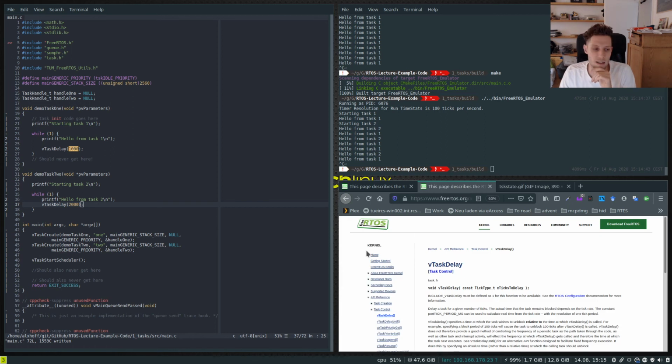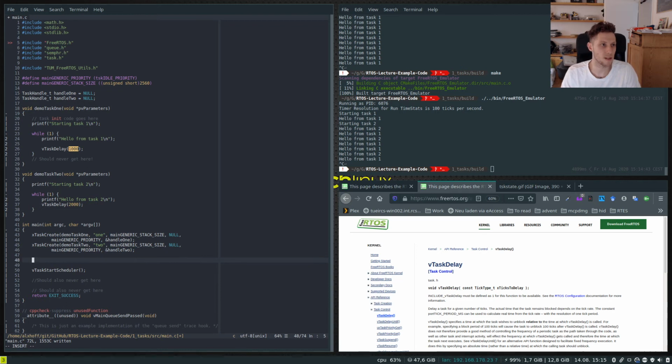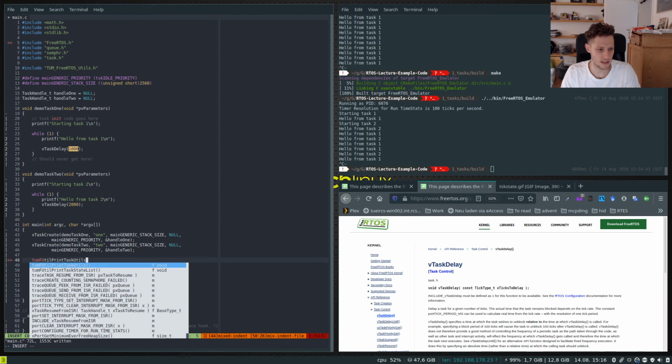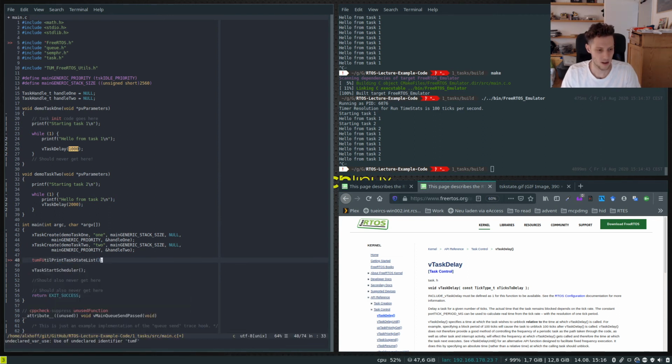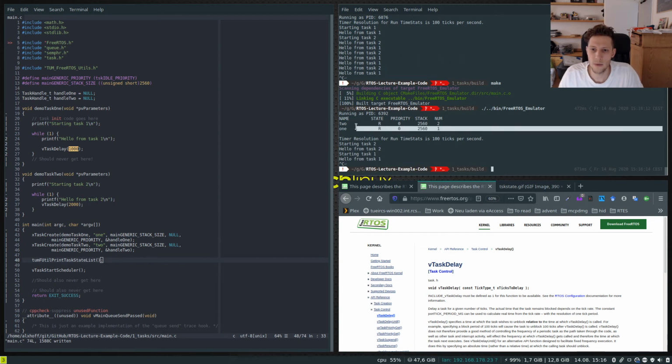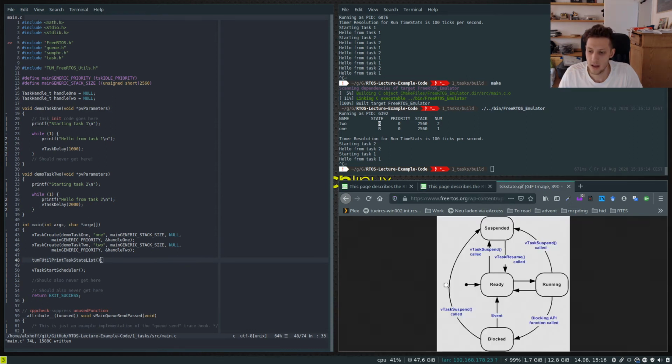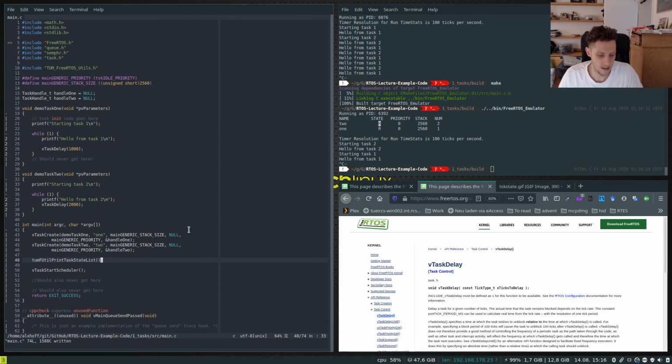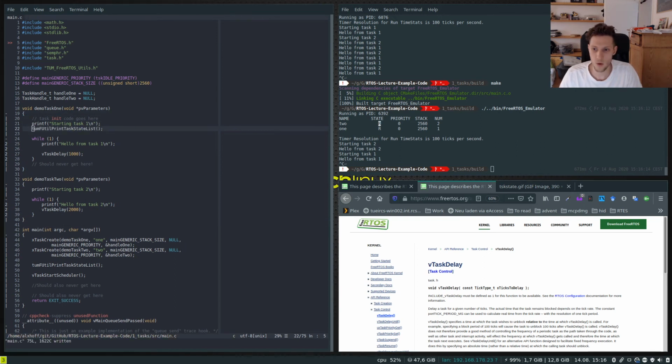So we can have a look at this because I've written a function to actually print the status of the tasks. I think I called it TUM in the futils, print task state list, this guy. So we'll just put in a quick print here. And if we just make and run this really quickly, we'll see here that we have these two tasks being created, and they're both in the ready state. So this means they're ready to be run. But then if we go and print, for instance, this in the initialization of task 1, we'll see one more thing,